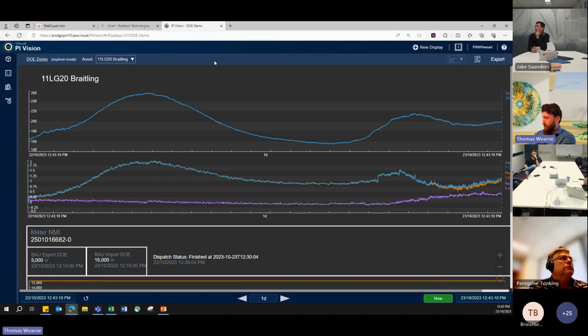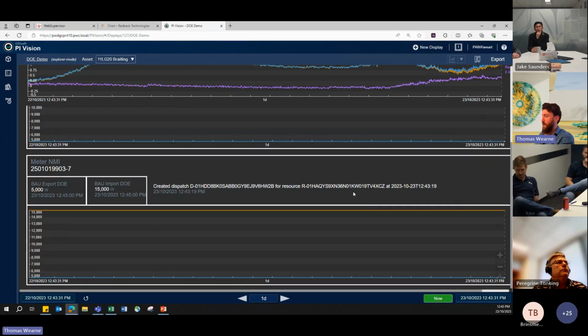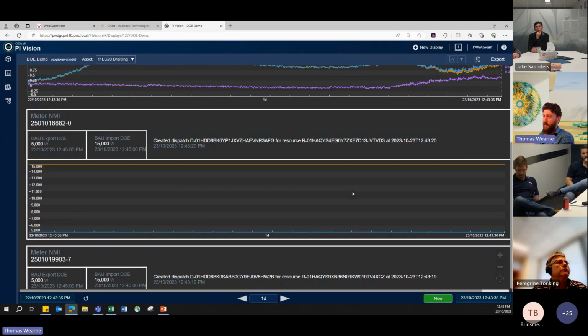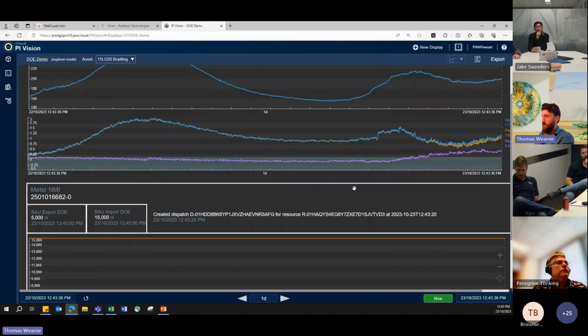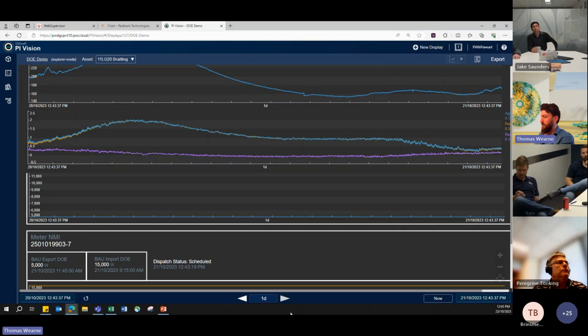So this is looking at Pi Vision. I gave GridCube 2 levels and said, I want you to keep this feeder load between, I think I said 2 megawatt and 0.8 megawatt, just arbitrary values. And from that, they generate individualized set points for all of the NMIs that are downstream of that feeder. We've only got a small number of sites in this trial, but it's then able to